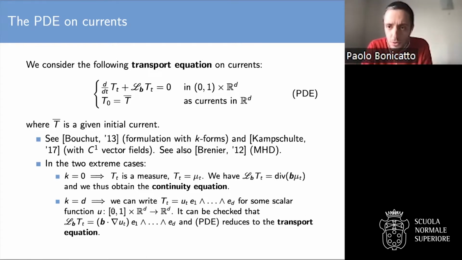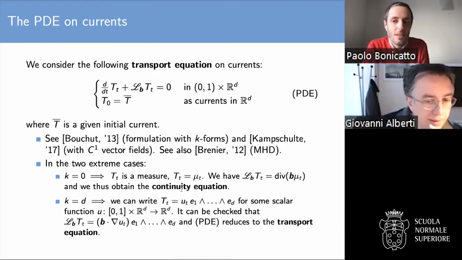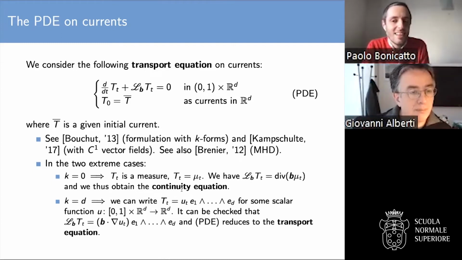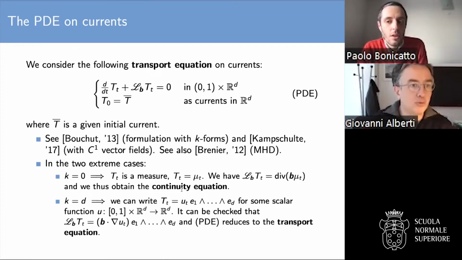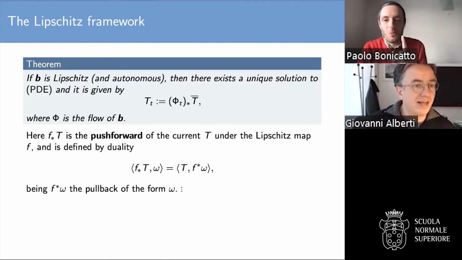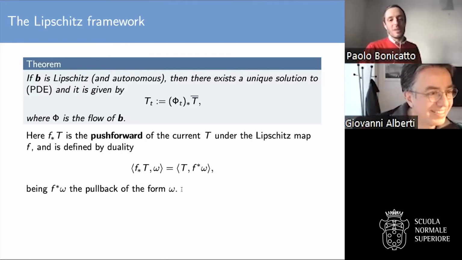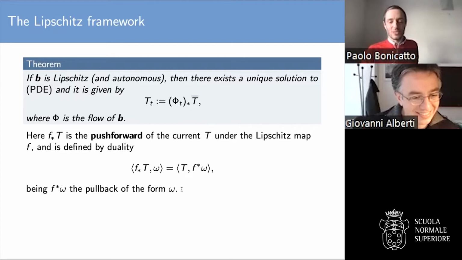Oh, maybe there's a question. I cannot hear. Can you hear me? Yes, I can. Hi. So the question is this: if we are in the smooth case and we have the flux defined by the vector field B, is this amounting to say that the solution should be the current transported by the flux? Can you just wait one slide more? No, I was trying to understand the meaning of the equation. Okay. Yeah, it's exactly as you were pointing out. That's exactly the content of this slide.